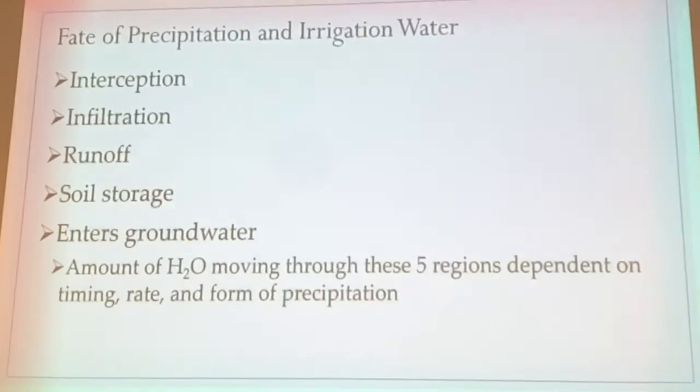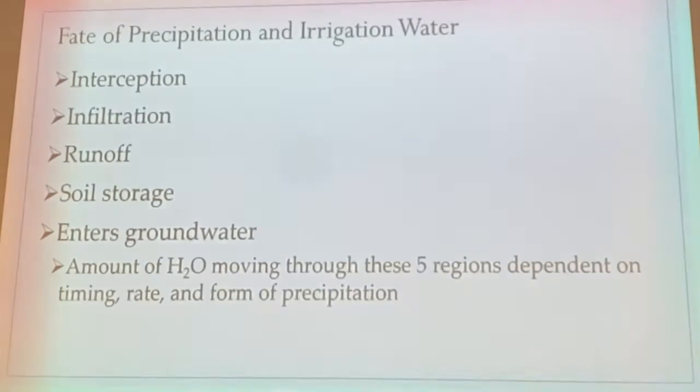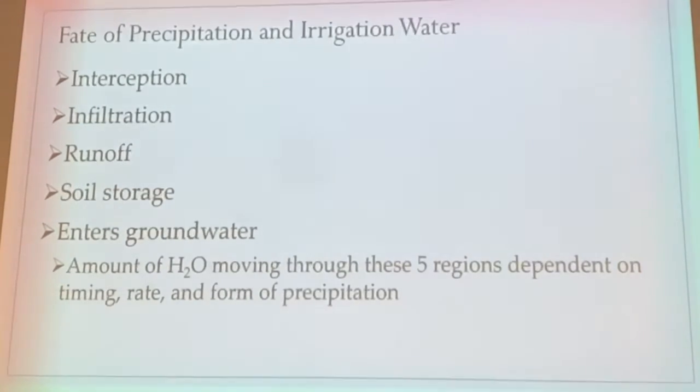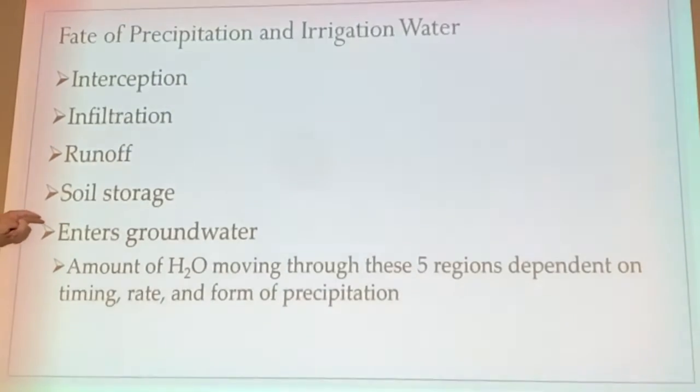And so when Ida came through, there's just this big blob of light green that came over, and he's just sitting on his porch just thinking that there's some rainfall coming onto his land. But it was nice and slow and steady, and so it was able to fill that soil profile up, and some of his hay crop is saved. So it's stored in the soil, and if we're lucky enough, we can get it to come all the way down into the groundwater so that we have at least something to drink and